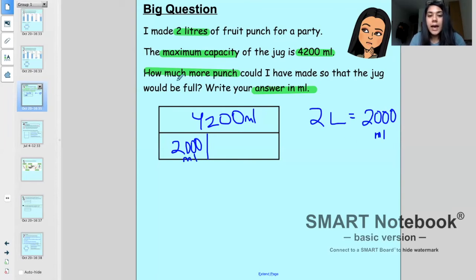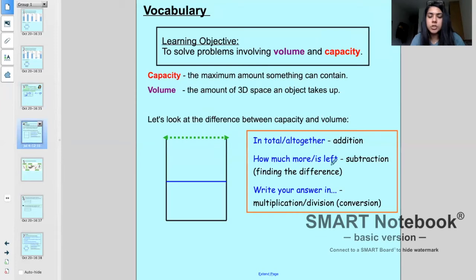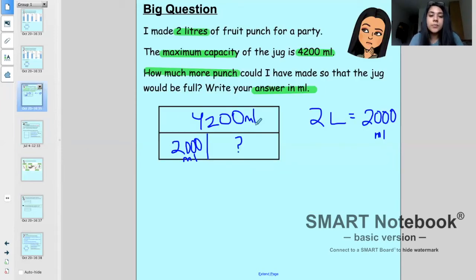It's asking me how much more punch would I have made so that the jug would be full. So I need to find out how much more. So all of this that I need to make in order for my jug to be completely full and reach the full 4,200. So if I remember, going back to here, it says how much more? Oh, that means we have to do subtraction. So if we do that now,